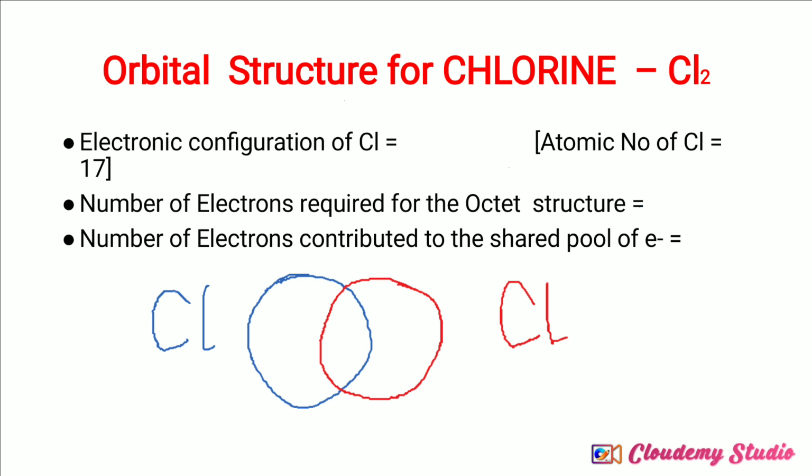We know the atomic number of chlorine is 17. That is, chlorine has 17 electrons. How these 17 electrons are distributed is the electronic configuration of chlorine. Out of those 17 electrons, 2 electrons will go to the first shell,